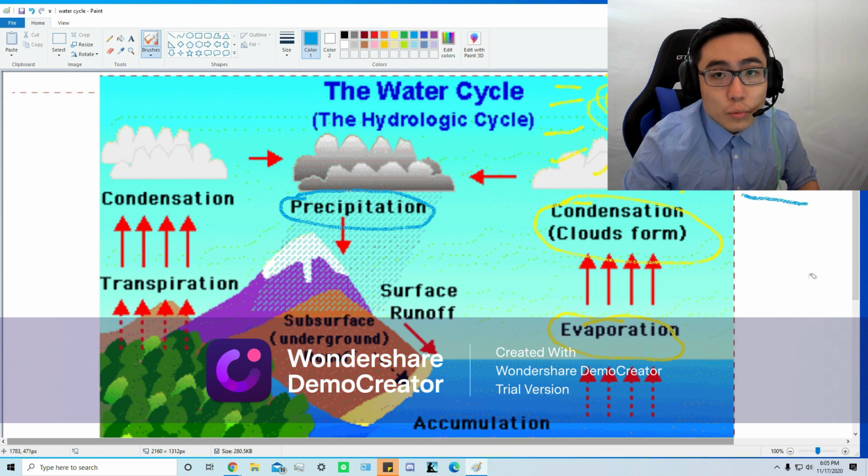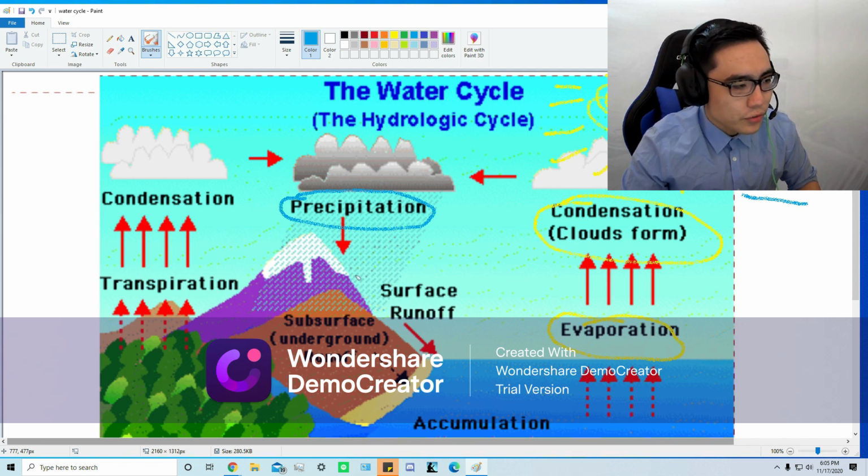Remember, water changes form when it gets super cold. And that's why it rains. And see, we can see some on the mountaintop. And then we have to talk about where that water goes. So where do you think that water goes, Stella? You can see it right here. Yeah, it goes everywhere. Nice answer though.